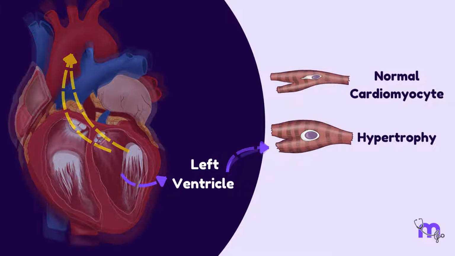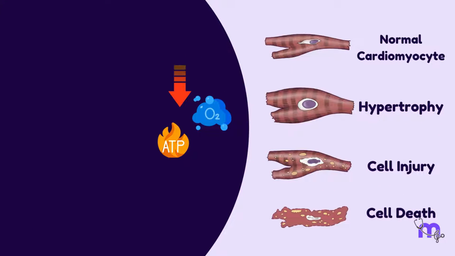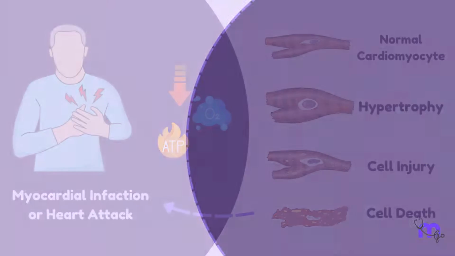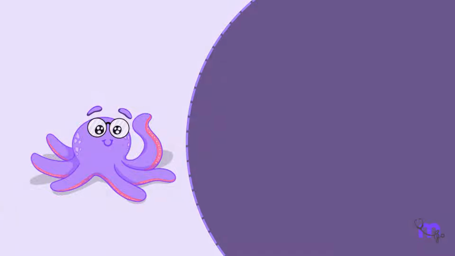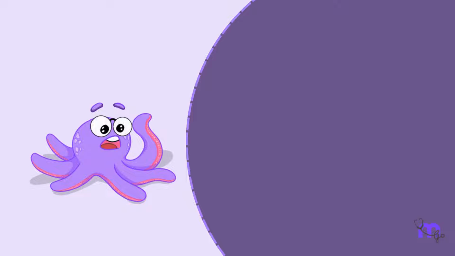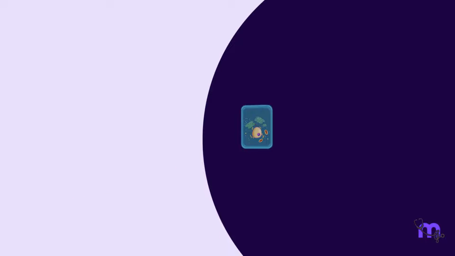The heart enlarged. Over time, with prolonged hypertension, the cardiac tissue ran out of steam, nutrients, oxygen, and ATP. And that's where the adaptation was overcome by cell injury. Cell death occurred, resulting in myocardial infarction or a heart attack. If you want a fun way of remembering hypertrophy, just think of a famous superhero who, under normal circumstances, is a quiet, introverted scientist. But when instigated by stress, he turns into a mean green smashing machine. Any guesses?